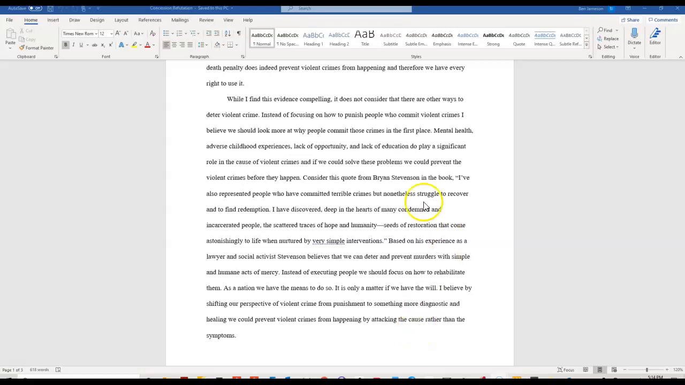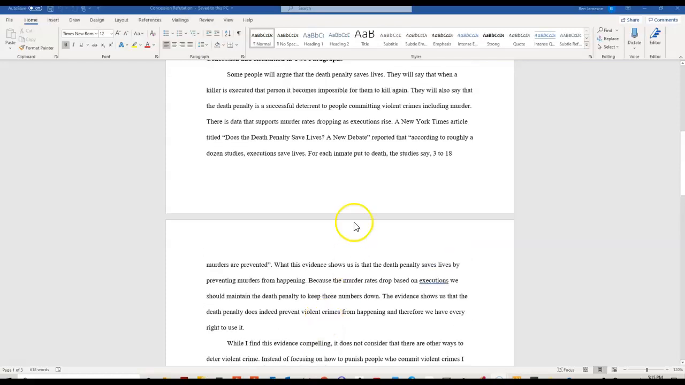So in one paragraph, I've offered a refutation of the previous paragraph in which I took time to honor a point that runs contrary to my own. And that's basically the spirit of a concession refutation. You take time to honor and try to put forth a point that runs contrary to your argument, and then